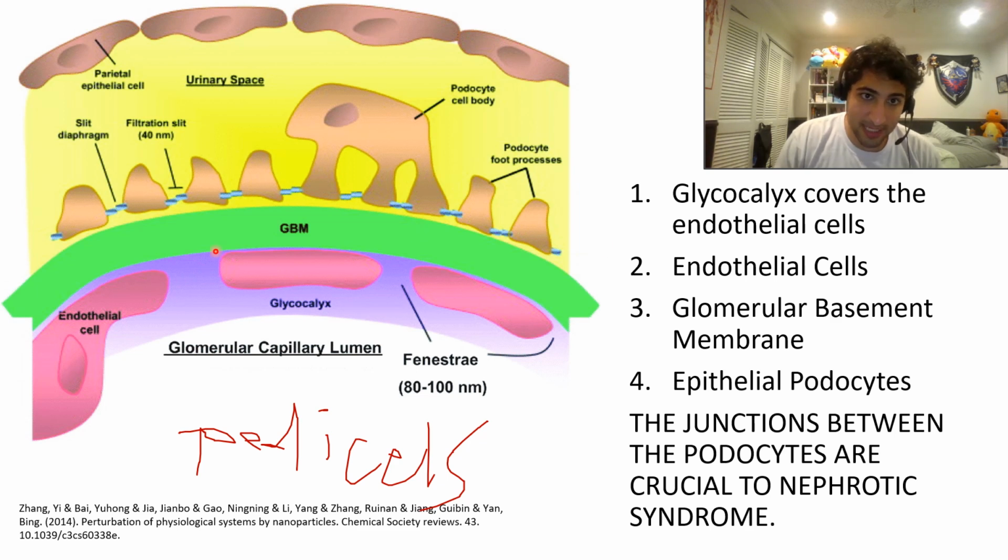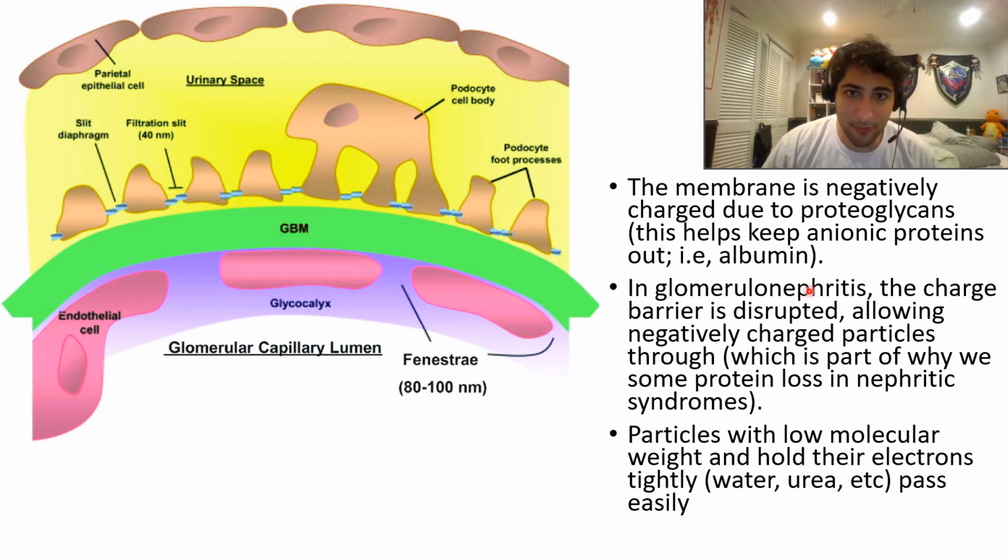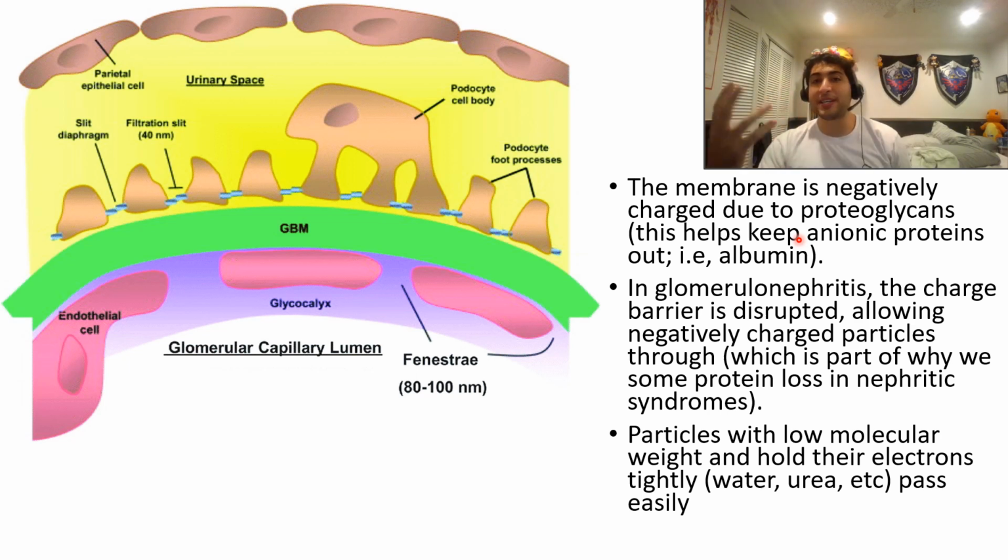You have the glomerular basement membrane, and most importantly, you have podocytes. You have these foot processes, okay? And they form these filtration slits with slit diaphragms. And the membrane is negatively charged because of the proteoglycans, like your glycosaminoglycans, remember heparin sulfates, etc. These are all chondroitin sulfate. These are all negatively charged. The glycosaminoglycans, the proteoglycans, are